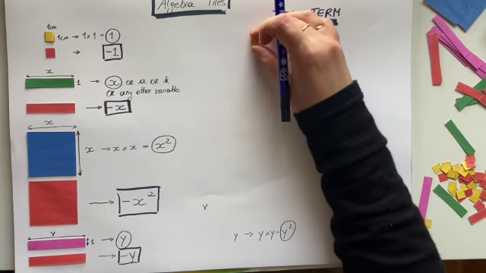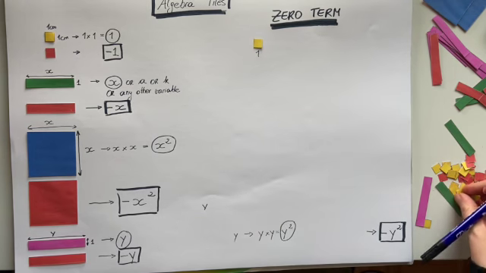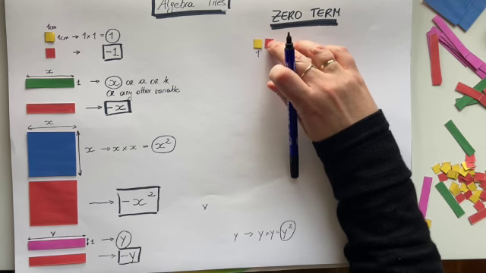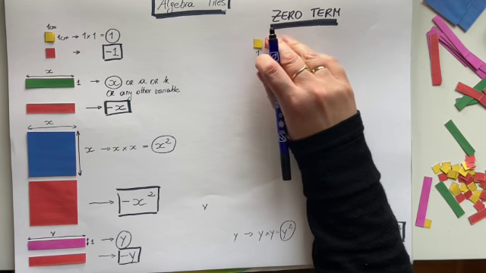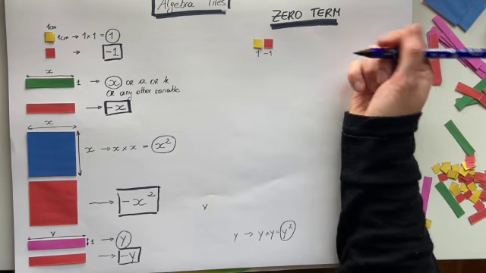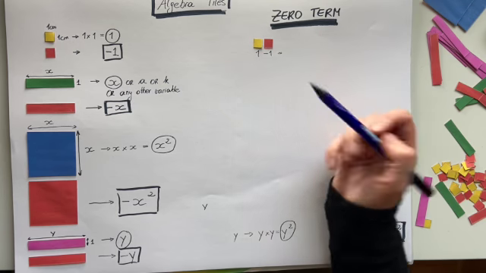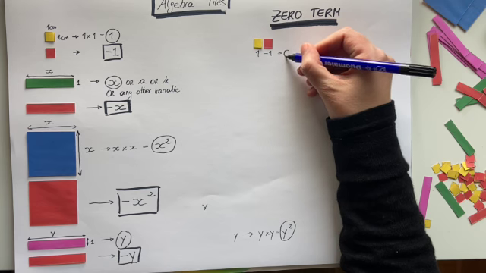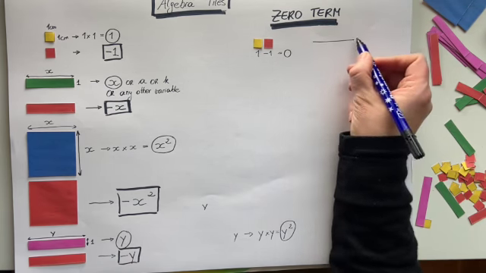If you have 1 here, and to this 1, you're adding a negative 1. What do you get? Here it seems obvious. 1 take away 1 is 0. When we look at this on a number line,